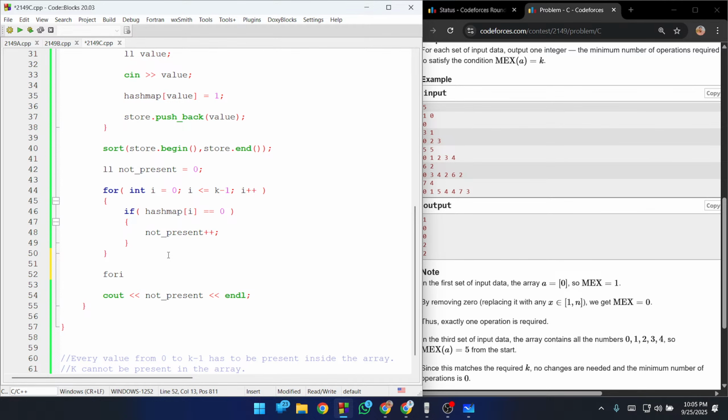Simple. For i, actually, let's take a range based for loop and be done with it. If the element equals k, let's name it kPresent, okay? kPresent